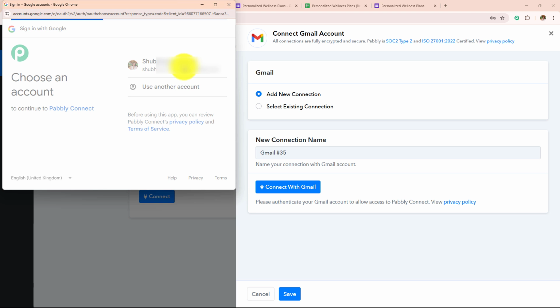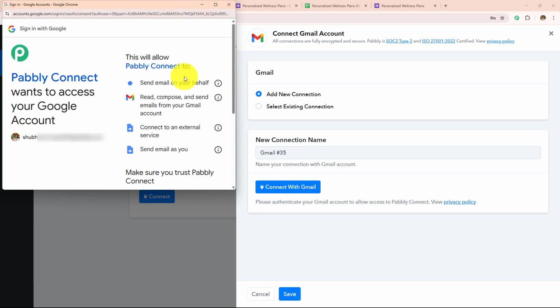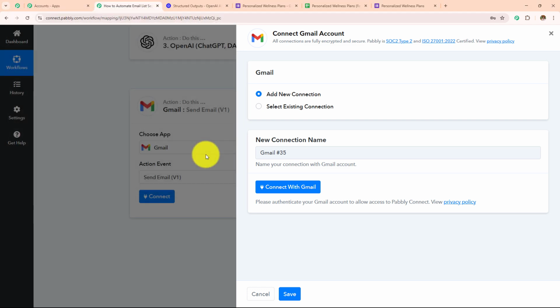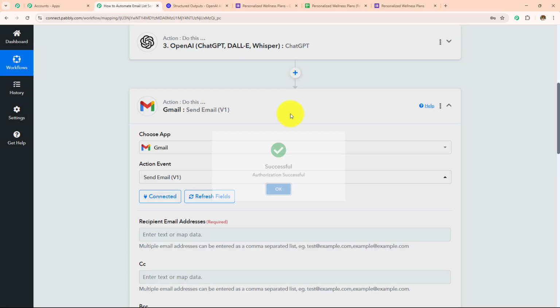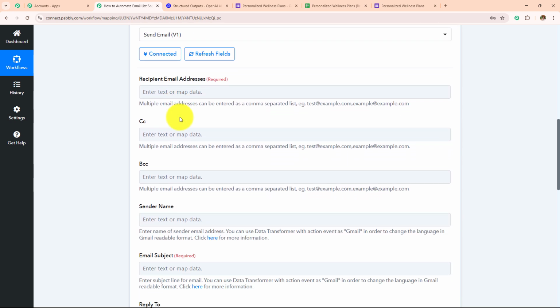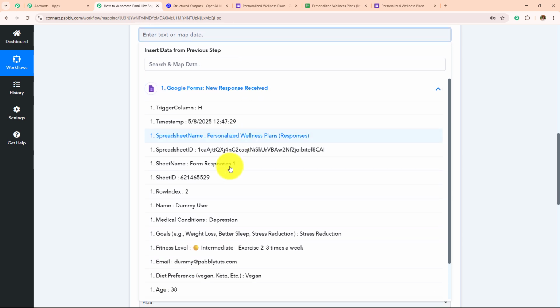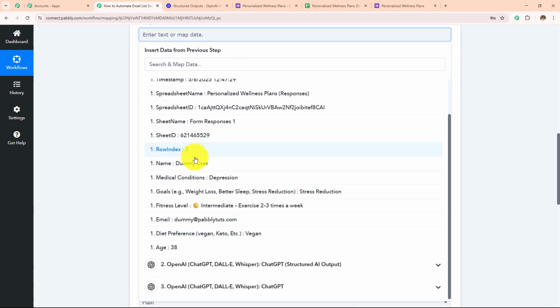Here you need to choose your account with the help of which you are going to send the mails. And after choosing your account, you simply need to grant some permissions for which you need to click on this allow. And here authorization successful, which means Gmail is connected with Pabbly Connect. And now I have to enter this recipient email address. So I'm going to follow the same process of mapping and enter the recipient email address from the Google Forms response, which is this